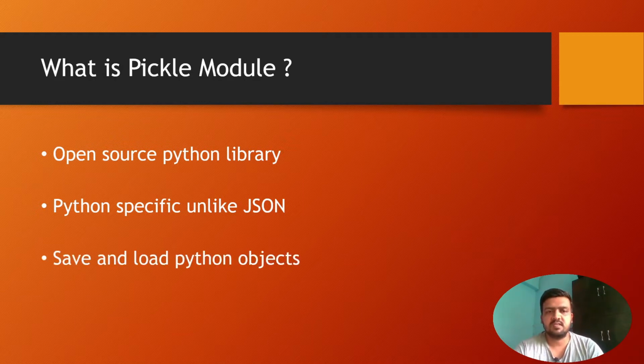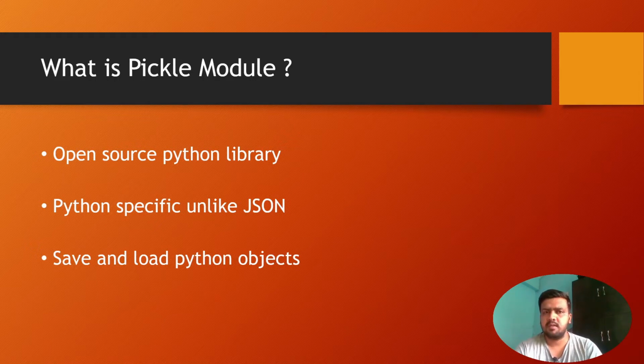The main task of this module is to save and load Python objects. Basically, if you want to save the state of a variable or an object into the local file system so that you can work on it later, and you don't need to process the same object again and again, you can use the pickle module to save that state. So how is it done? These save and load tasks are often known as pickling and unpickling. That's how it is denoted.